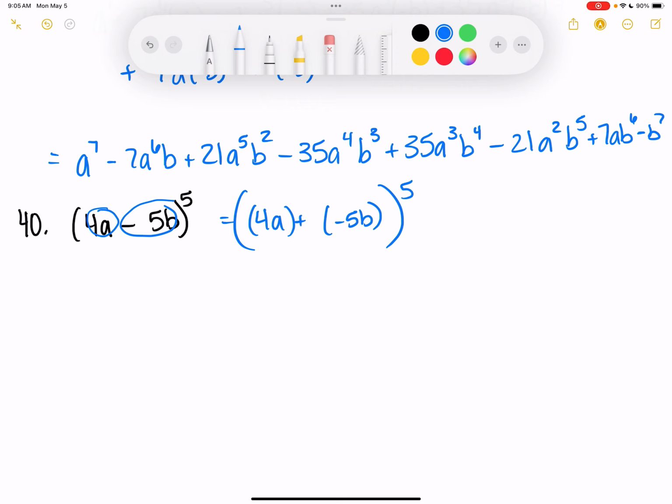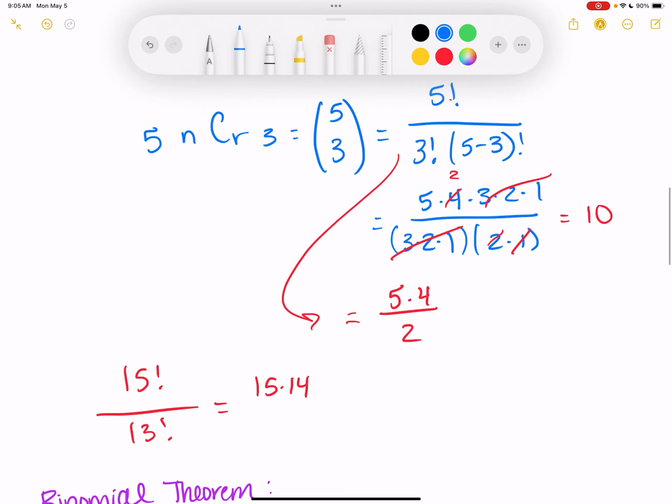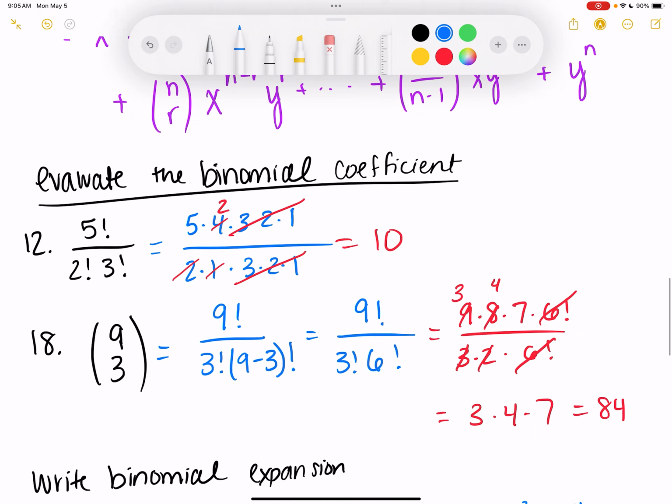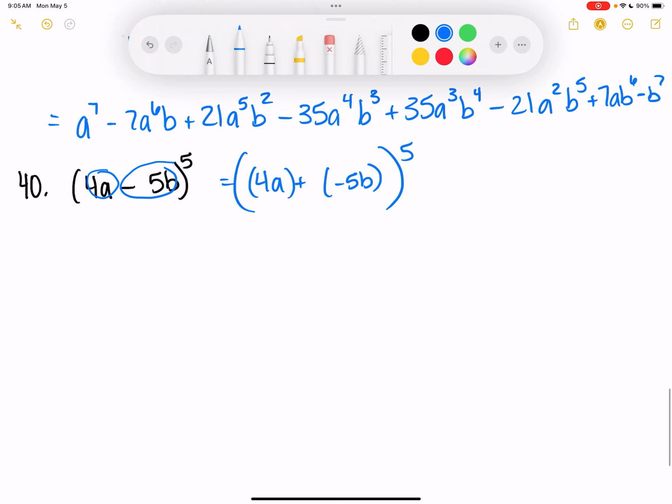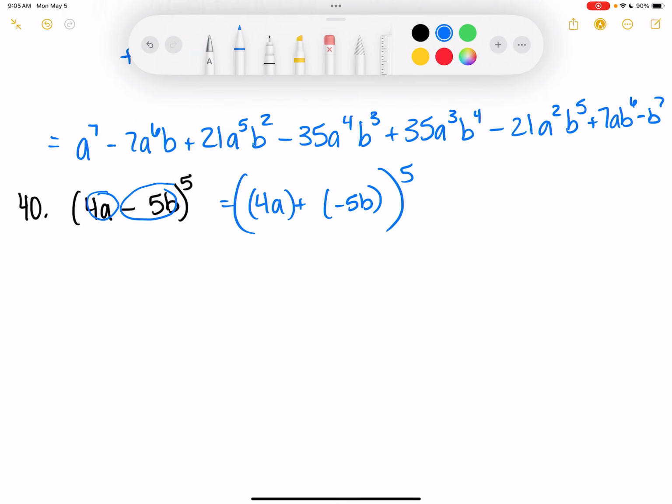Now some of these numbers are going to get mighty large, so we're going to have to just be mindful of that as we're going through and multiplying. But I've got 1, 5, 10, 10, 5, 1. So, make sure that was the right numbers before I get started. Yep. All right, so the first term raised to the fifth power, so that's going to be 4a raised to the fifth plus 5. First term raised to the fourth power, so 4a raised to the fourth times last term, negative 5b,